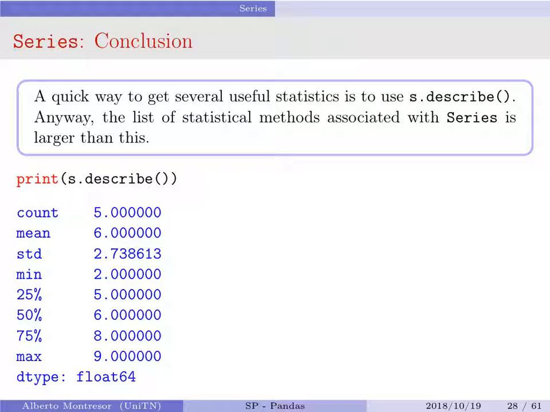There is also, but you may want to do this only if you are using Python in an interactive way, not in a program. If you want a summary of a lot of statistical information, you can just print the describe and you get the count, mean, standard deviation, minimum, maximum, quartiles, and so on. Okay.